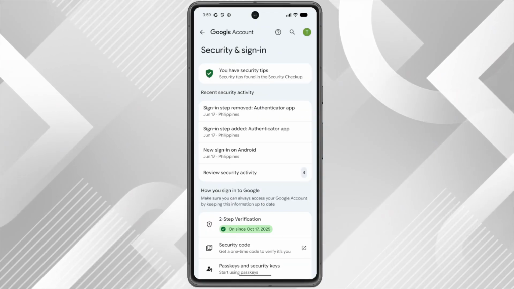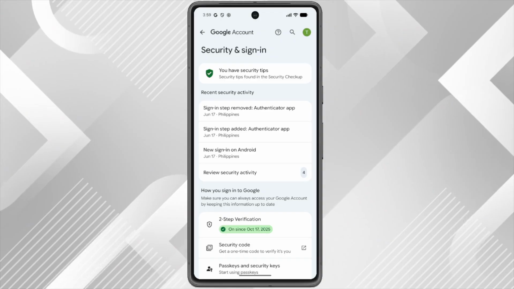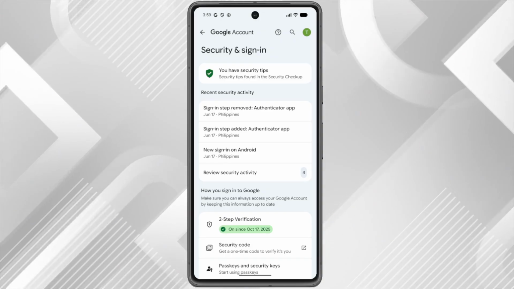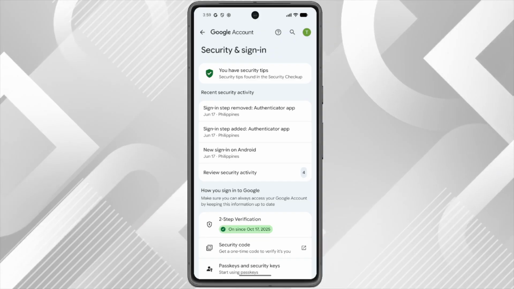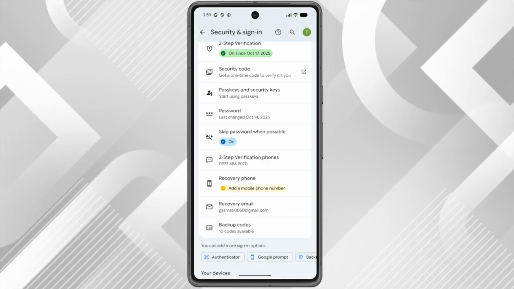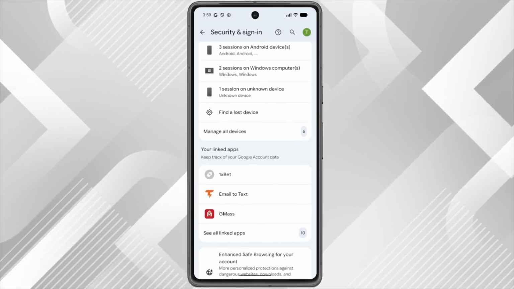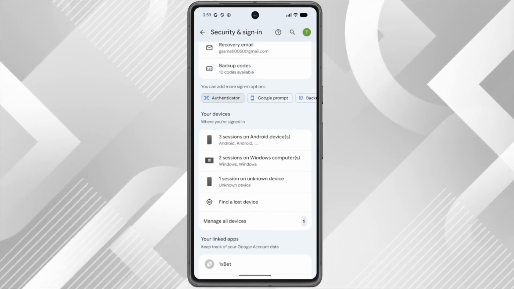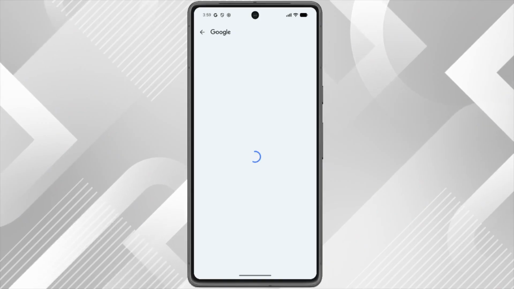This section is crucial as it contains all the tools you need to protect your account, including password settings, recovery options, and authentication methods. Once you're in the security settings, scroll through the options until you find Authenticator and tap on it. This is the feature that links your Google account to the Authenticator app for that extra layer of